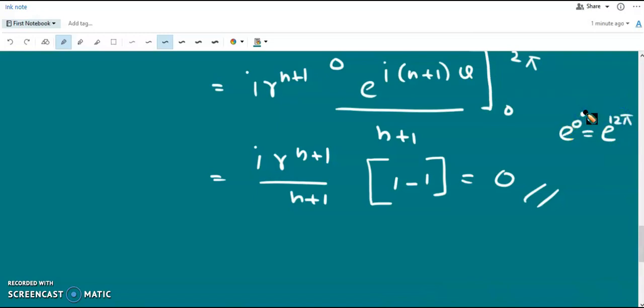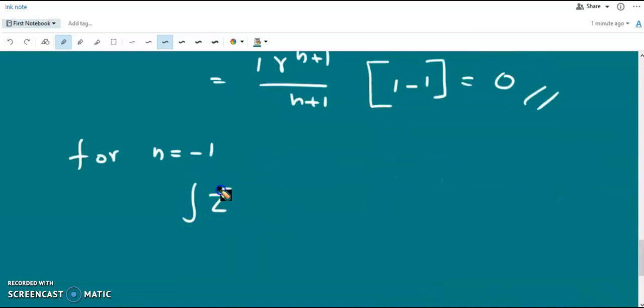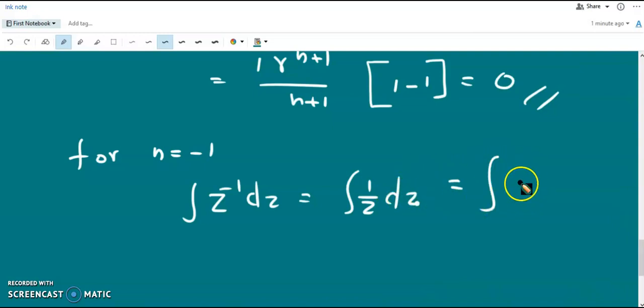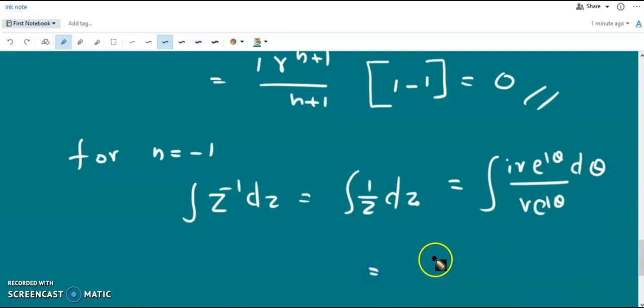Okay, now for n equal to minus 1, the integral is z to the power minus 1 dz, that is integral 1 over z dz. So we can substitute z here, r e to the power i theta, and dz here, i r e to the power i theta d theta. Okay. So cancelling similar terms, we can have i outside and d theta. So 0 to 2 pi. So 2 pi i